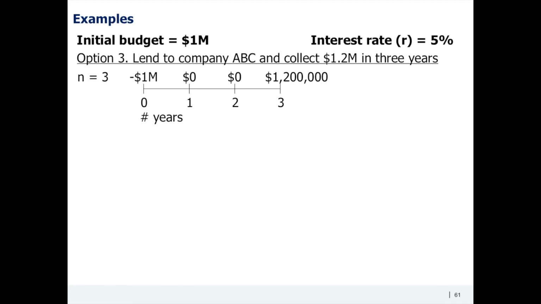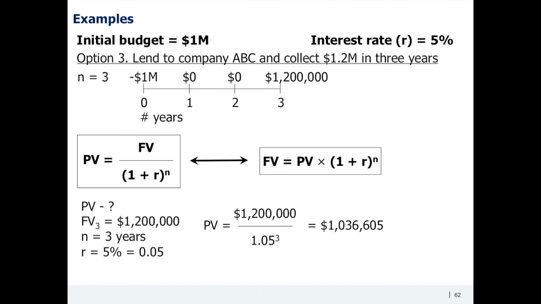Again, $1.2 million is future money. You should calculate how much it is worth today, what its present value is. You can use the same formula. You know the future value, the number of periods, and the interest rate. Again, we use the same interest rate as in option 1 because that interest rate is guaranteed. So the present value is